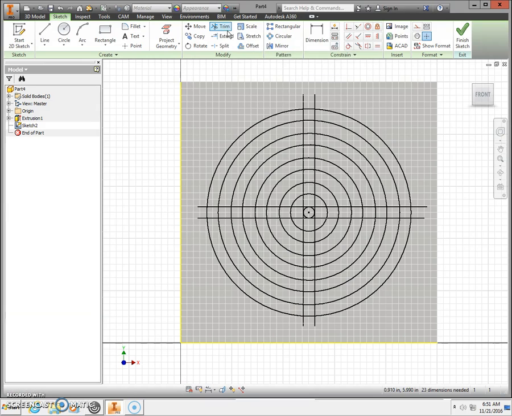Next we're going to select the trim tool from the top. And I'm going to trim. I want to leave the bottom part of this circle, but the top part I can trim out. And I can get rid of this line here at the top, and this one so the BB can get out. So my BB sitting in the middle